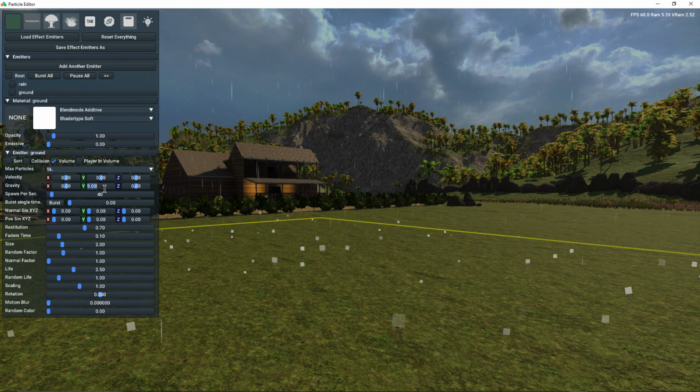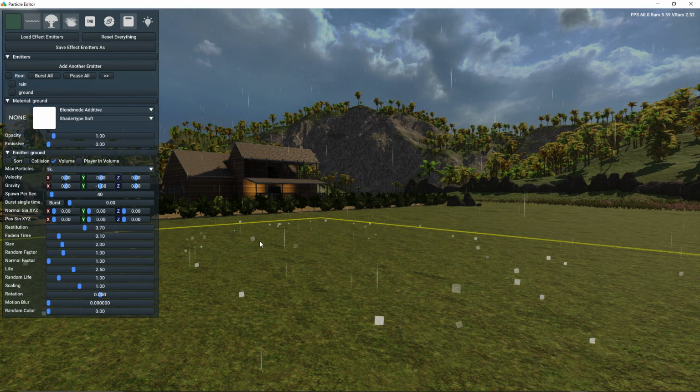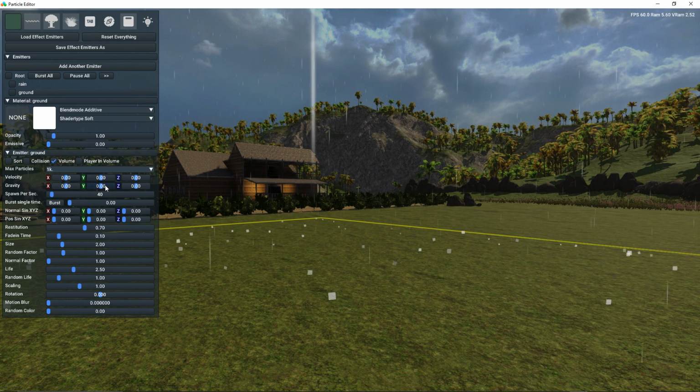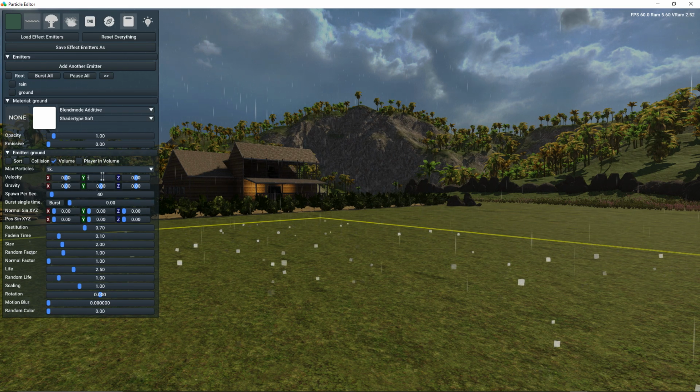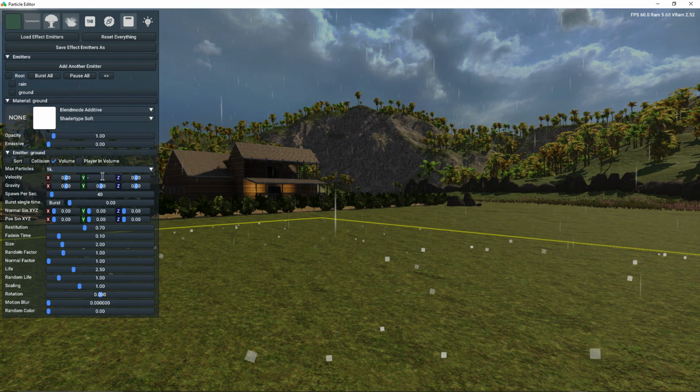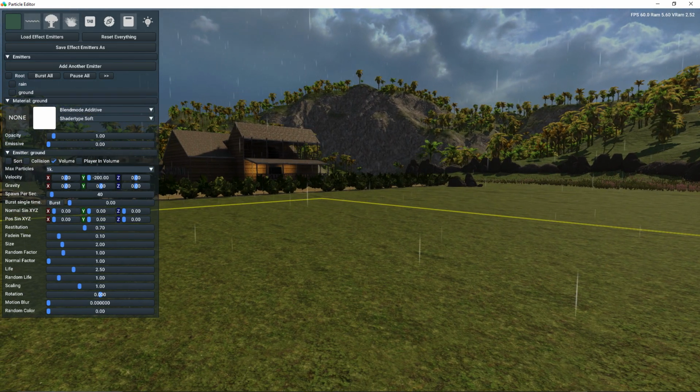So we need them to go downwards first. Actually, we don't want any gravity, I think. We want them to start up a little high like this and then go downwards pretty quickly. Yes. Then we want to perhaps start the collision. Oh, we have a restitution on, so we're going to put that down to